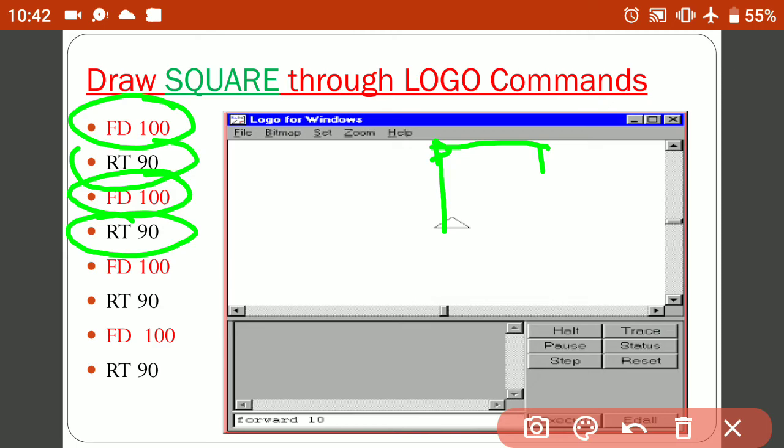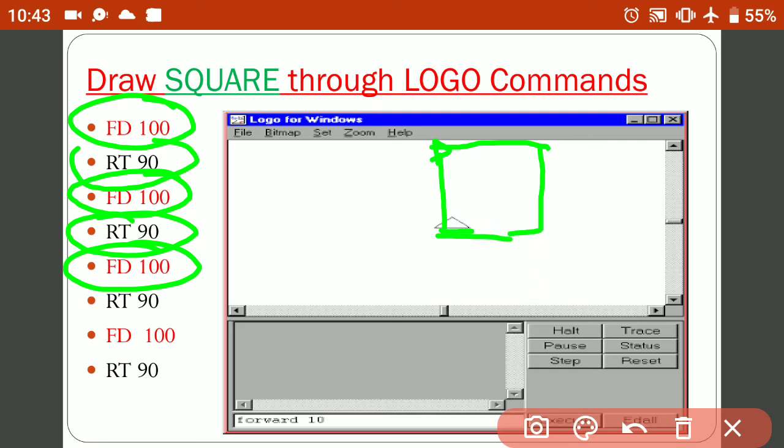I can ask it to go forward by 100 steps, so it will go forward by 100 steps. Again it will turn 90 degrees. And in the last, I ask it to go forward by 100 steps, so it will go forward by 100 steps.